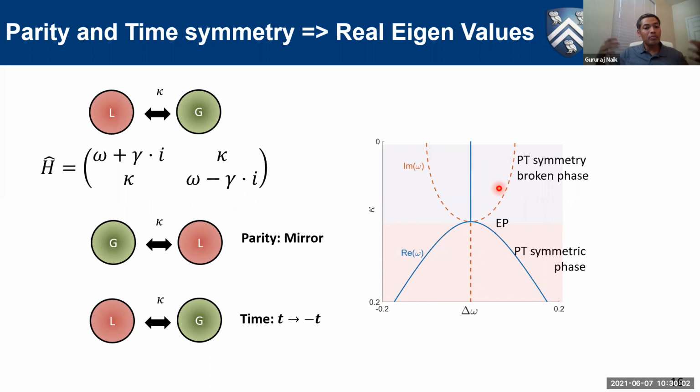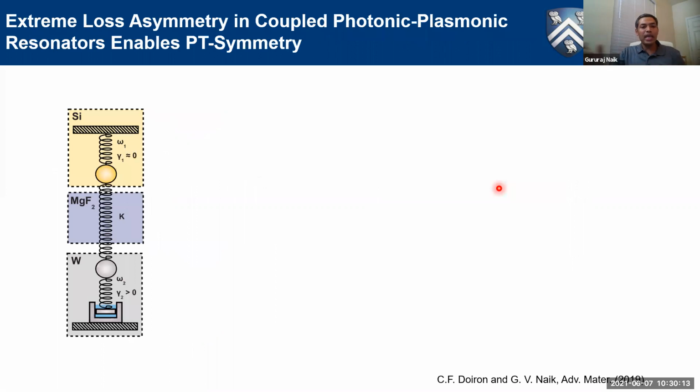Okay, so I can actually break this trade-off between thermal emissivity and spectral selectivity. So that's the reason why we wanted to pick this system. What we did was actually a passive case of this PT symmetry, where I use a very high loss resonator and a nearly lossless resonator. We made the high loss resonator from a tungsten plasmonic resonator and the lossless resonator from silicon, and coupled